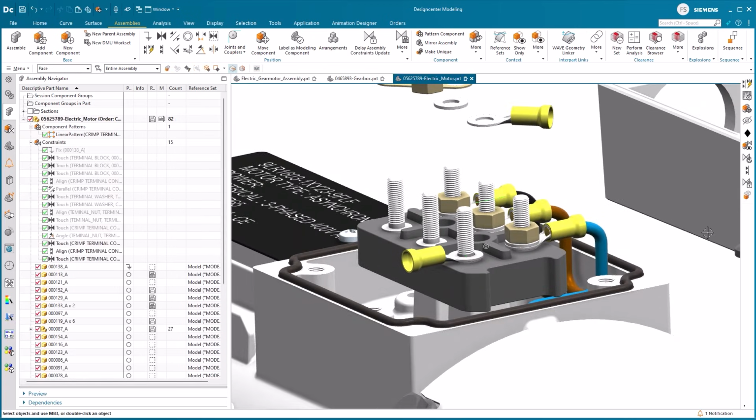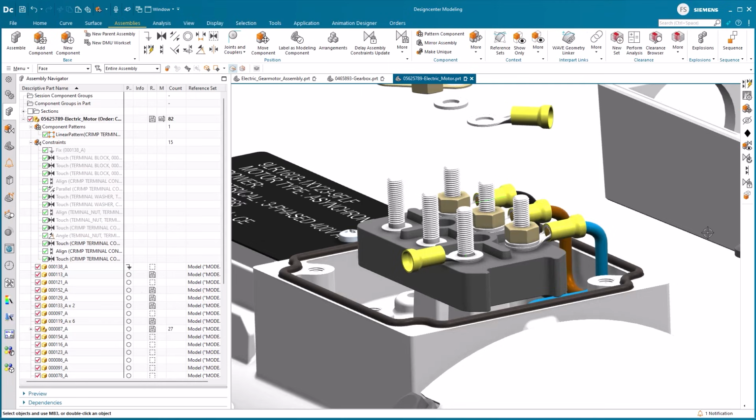The Auto Align Assembly constraint allows for dragging around components in the graphical window. The really exciting news here is that you can now drag and drop components based on face selection and matching face pairs that can snap onto each other and create an assembly constraint. Let's demonstrate how to position the free crimp in the graphical screen.